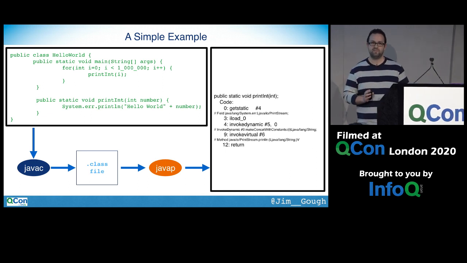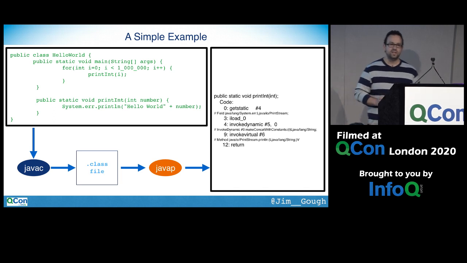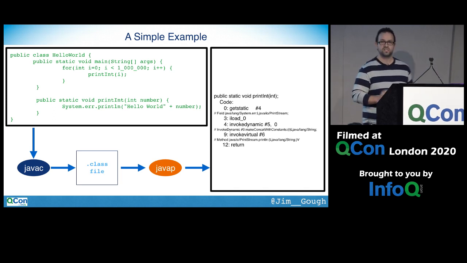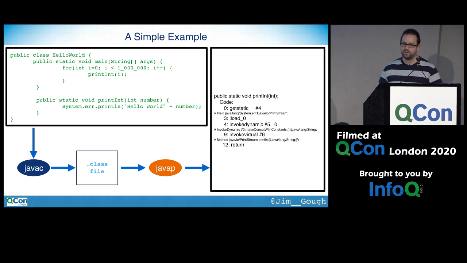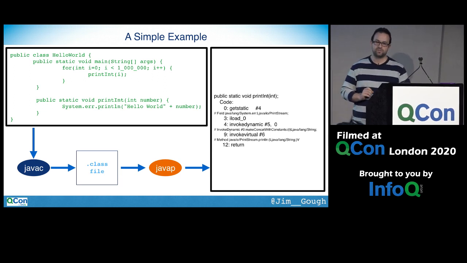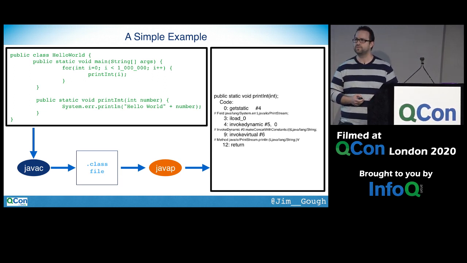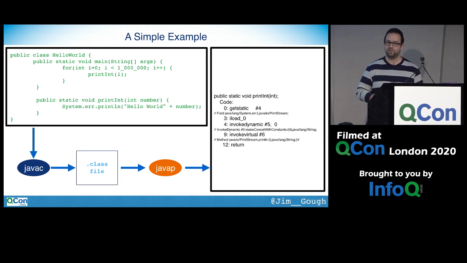We will look at the printint method because this is kind of curious. And this is something that Ben also pointed out. This is a disadvantage of going last. All the things that you want to point out, some people might have shown you already. So we get hold of the print stream, and we do an invoke dynamic on something called make concat with constants. So that's going on behind the scenes, and then we invoke the virtual function